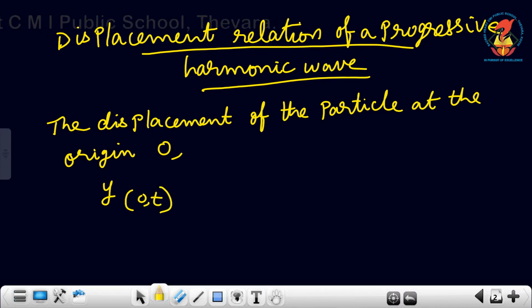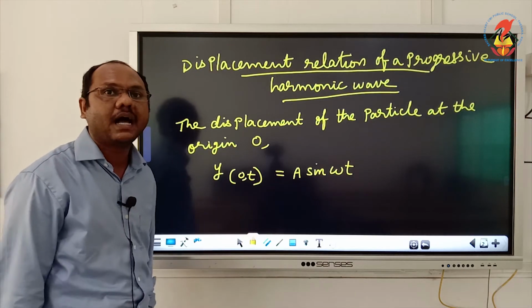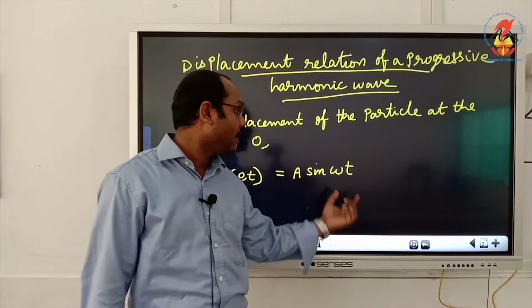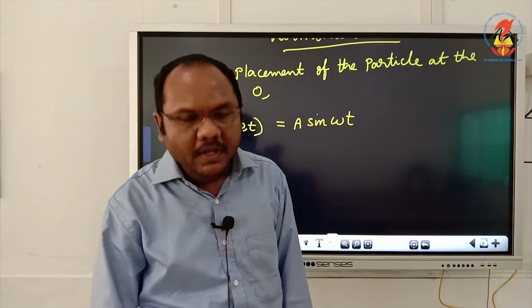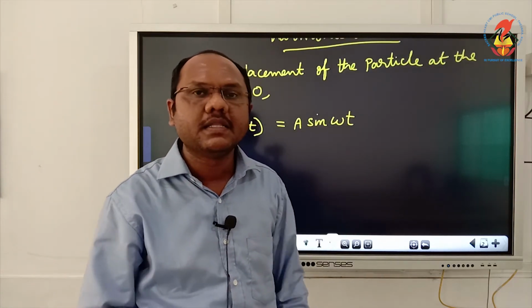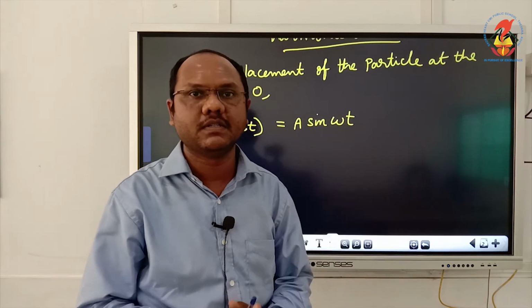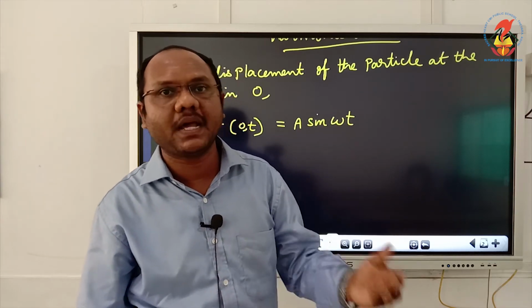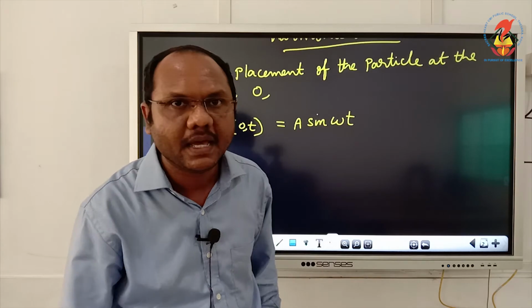y0(t), because the particle is at the origin, that is equal to a sin omega t, where a is the amplitude of the wave and omega t is called phase. Now, after a time t, the particle progresses forward. So, the displacement of the particle after a time t can be given by